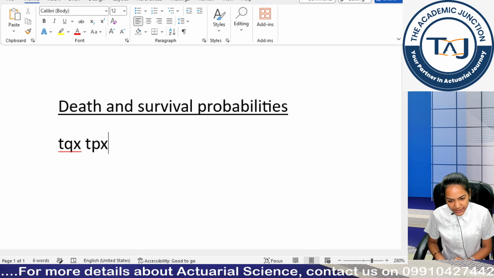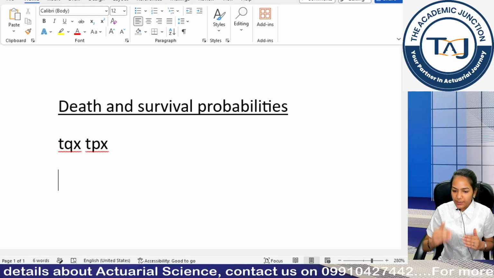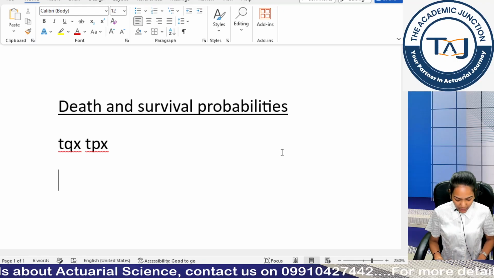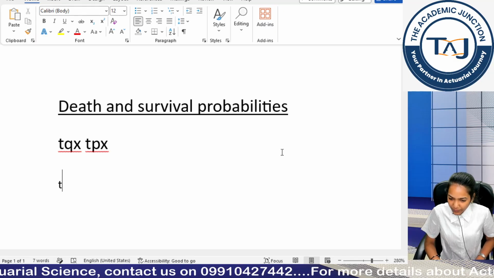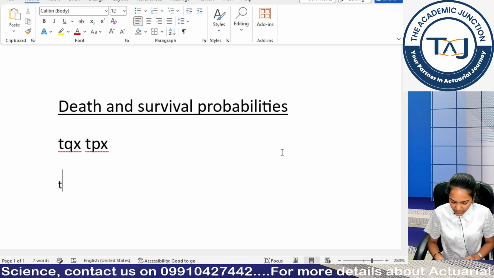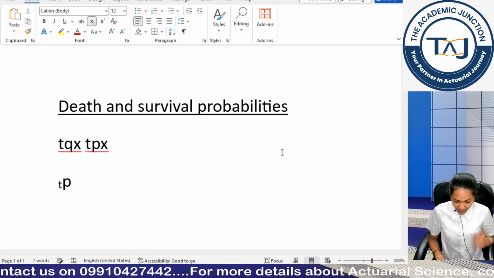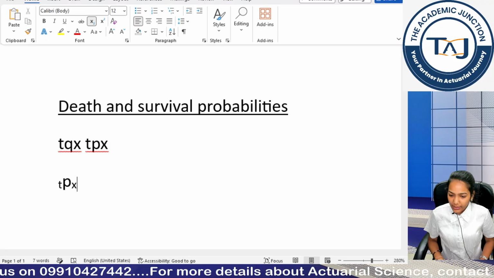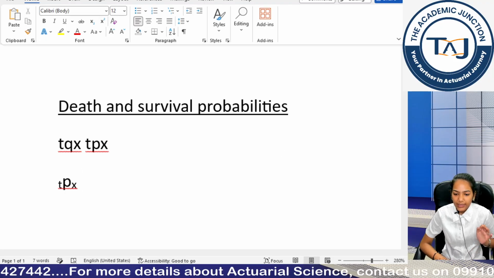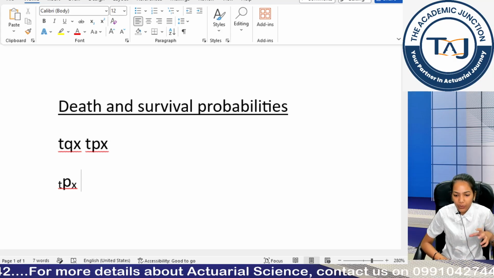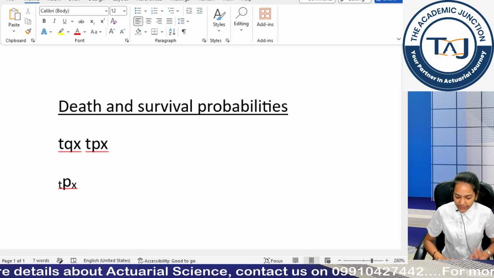That's also equally acceptable. Okay, but if I want to write it in the format of subscript and normal script, then Control Shift Minus, go to the subscript, I write t, Control Shift Minus, coming back to the normal script, I write p or q, whatever it is, Control Shift Minus, going back down to the subscript x, and Control Shift Minus, coming back to the normal script. That's another approach. Okay, both the approaches are equally acceptable. Please note that, okay, guys.